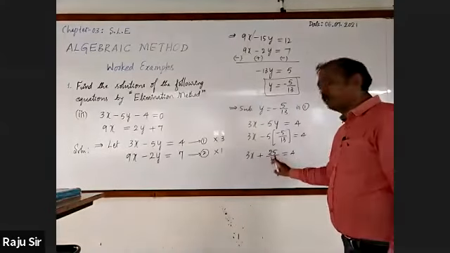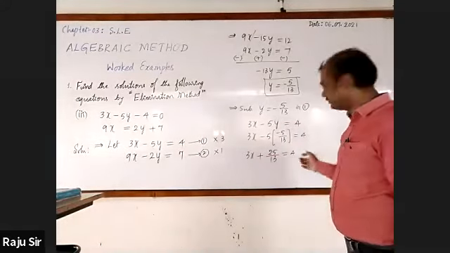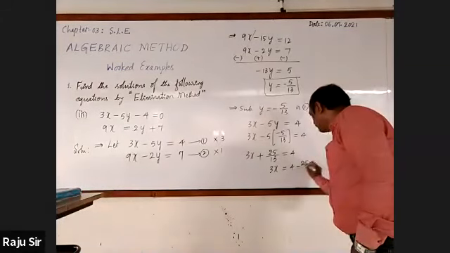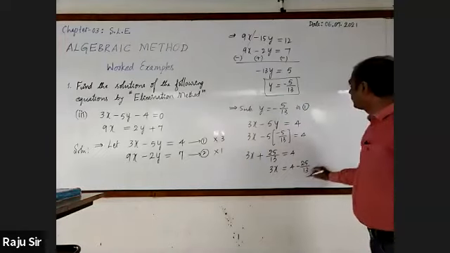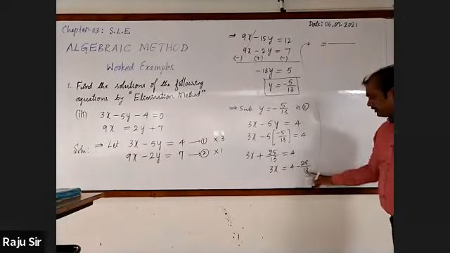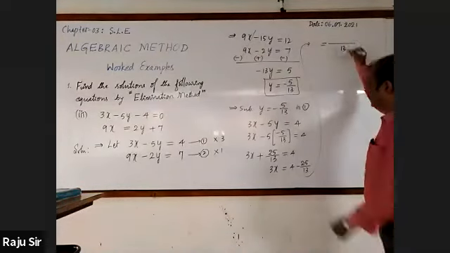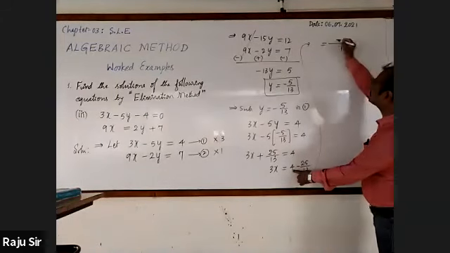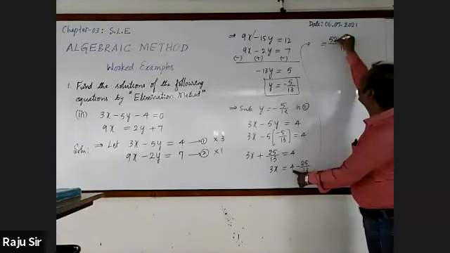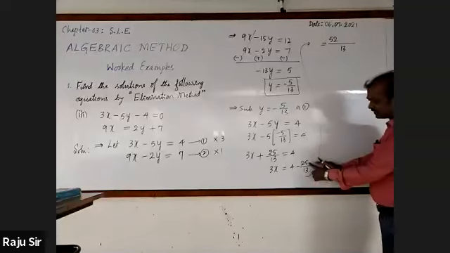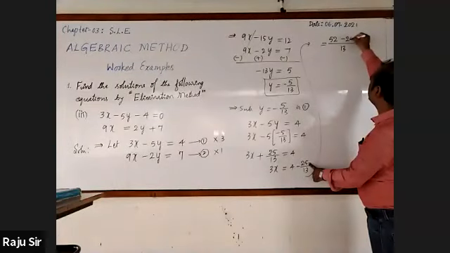Now, transfer 25 by 13 to the right hand side. Now it is 3x is equal to 4 minus 25 by 13. Then it is equal to, take LCM and simplify. Here the LCM of the denominator is 13. Multiply LCM with the first term: 13 fours are 52. Then multiply LCM with the second term: 13 and 13 get cancelled. You will get minus 25.